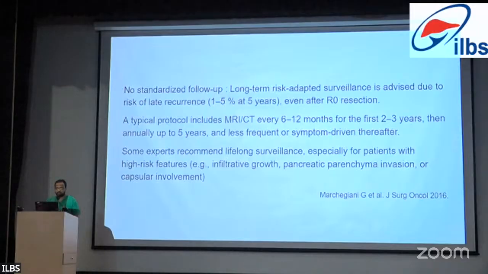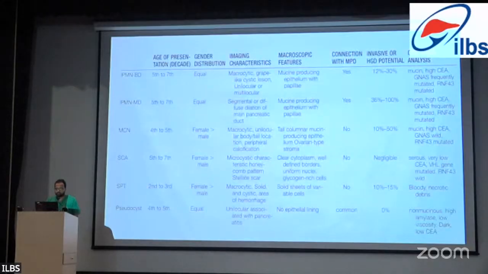but the recurrence rate is about 1 to 5% at 5 years, even after R0 resection. A typical protocol may include MRI or CT every 6 months for the first 2 years and then annually up to 5 years, and later symptom-driven. Some experts recommend lifelong surveillance, especially for patients with high-risk features like infiltrative growth, pancreatic parenchymal invasion, or capsular involvement. So this is a brief summary of what I've already discussed